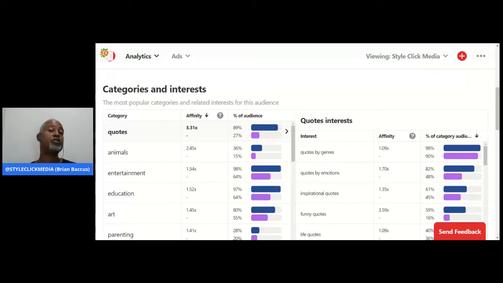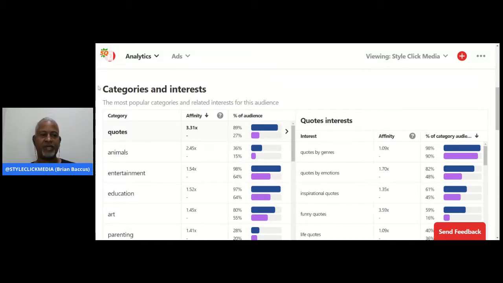They don't go search. They come back to my account, and when they share, guess what happens? They share a pin from my page. It's shared on theirs. If they have a following, guess what happens? That following becomes my following. I don't have to sit there and worry about, did anybody see this? The numbers are right there to tell you.